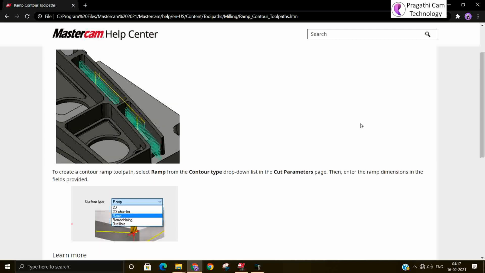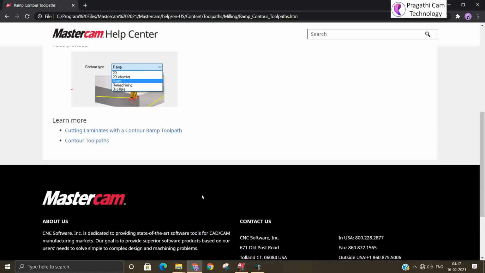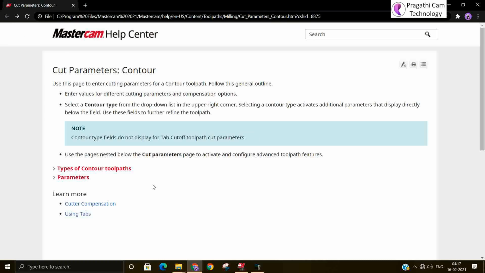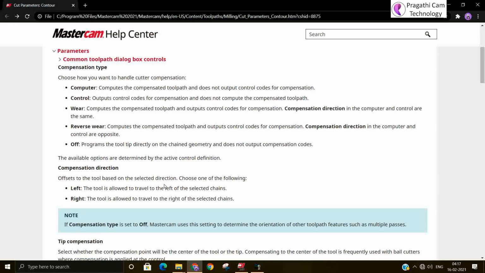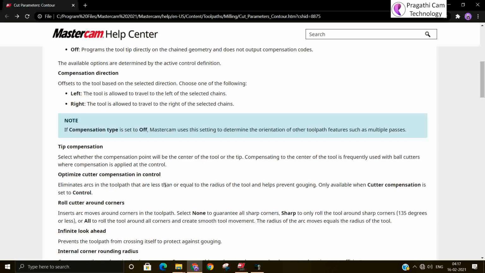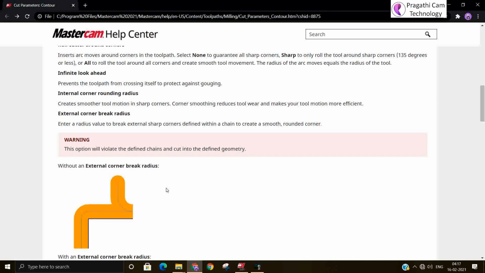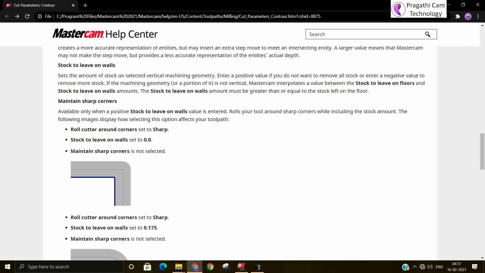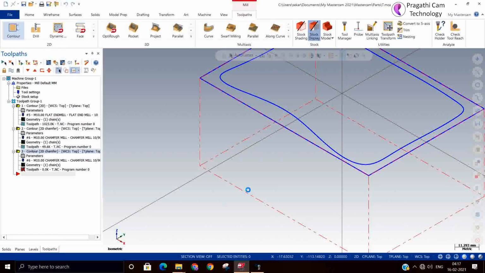It says that it is there in the cut parameter page. We are unable to locate it exactly. Okay, so I will accept this.